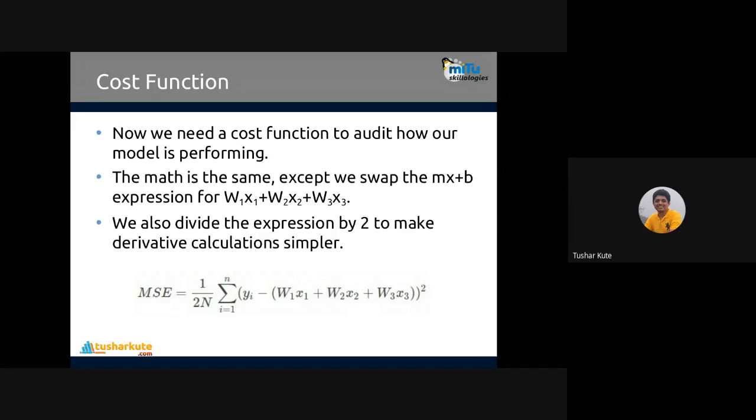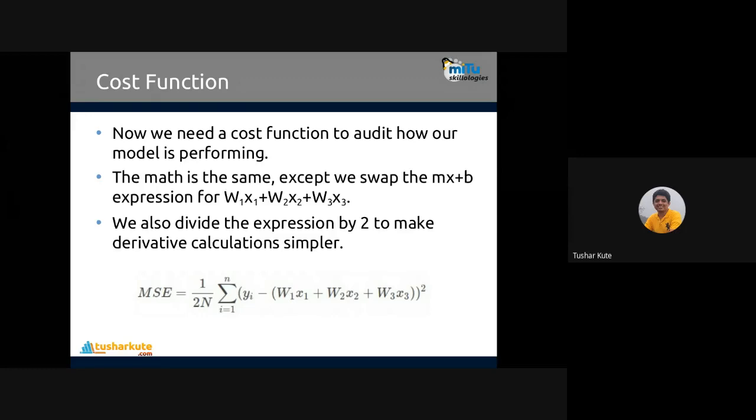See this. Here we have that. MSE is equal to 1 by 2n into the summation of i equal to 1 to n of yi, the original value of y, minus the predicted value of y. These are the predicted values: w1 x1 plus w2 x2 plus w3 x3. We take the square of the difference and then average, that is the mean. After addition we take the mean. So mean squared error is the difference between actual and predicted values, squared, and then averaged. This is the cost function used to find the cost or loss for multiple regression.